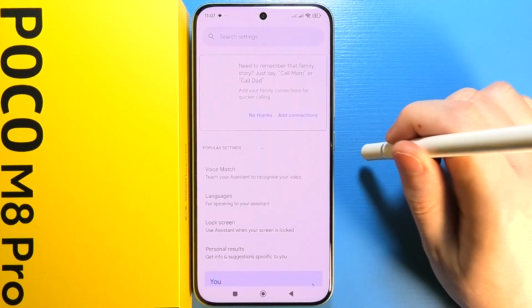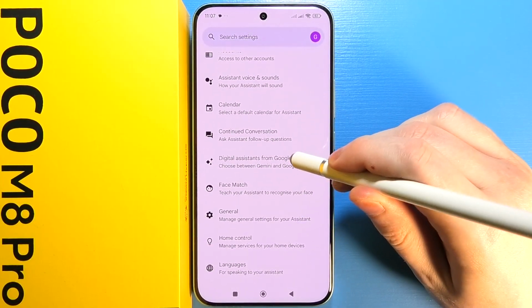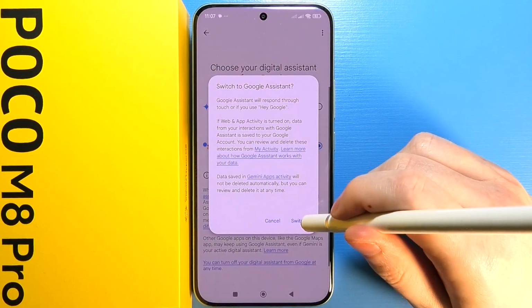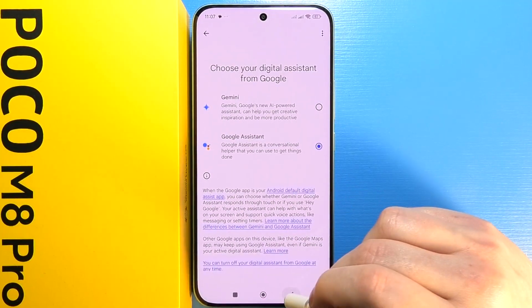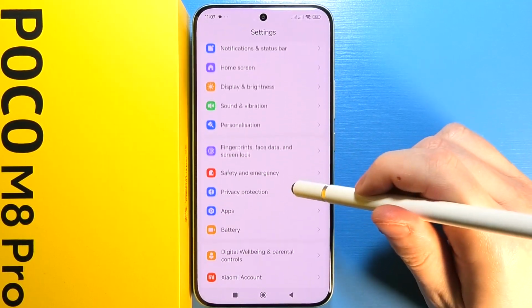Then select Google Assistant, and finally we can scroll down again until we find Digital Assistant from Google and select Google Assistant, confirm the switch. That way you activate Google Assistant, and also one more thing that you need to check before you actually